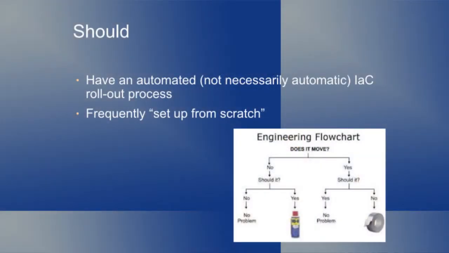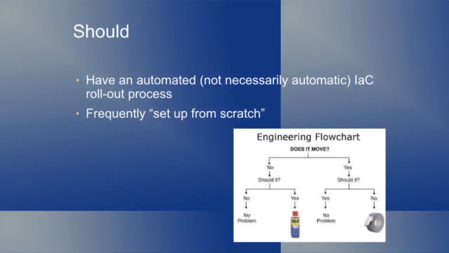Should. These are not as strong as musts. I found these are really good ideas. If you don't do them, they cost you, but they're not strictly necessary. You should have an automated rollout process. Now, this is not every time somebody checks in, it gets rolled out to production. This is, we need some form of rollout process that you don't have to manually type things. At most, your interaction with it is, yes, I approve this to go forward. I'm promoting this to the next level.